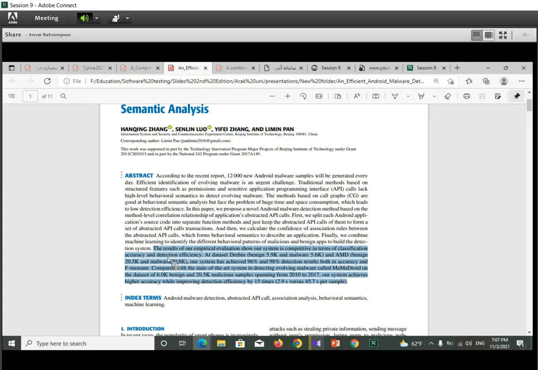Okay, so there are two metrics in this paper used to evaluate the performance of the new proposed method.